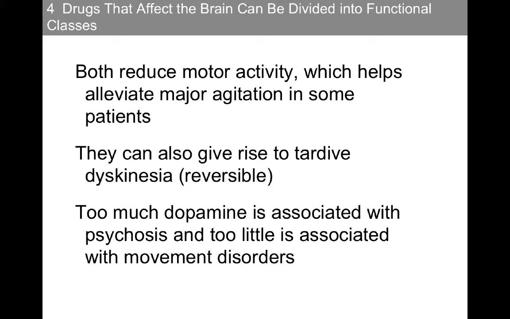Oftentimes a mild antipsychotic medication can help them to reduce their agitation and increase their quality of life. But antipsychotic medications can also give rise to a syndrome we call tardive dyskinesia. It's a reversible syndrome in which an individual will experience tremors and Parkinsonian extrapyramidal behaviors. Now, too much dopamine is associated with psychosis, and generally speaking, too little is associated with movement disorders, such as